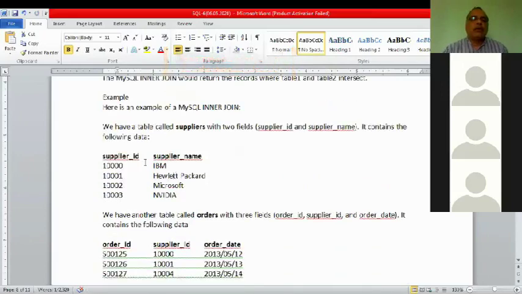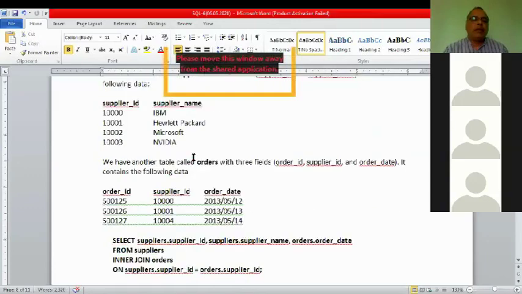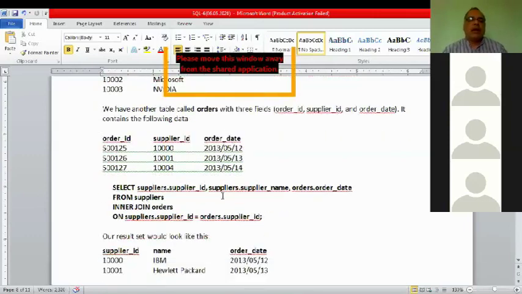If these are the two tables, one is the supplier table, which has two columns, supplier ID and supplier name. Another table, the orders table, has three columns: order ID, supplier ID, and order date. Let us see.